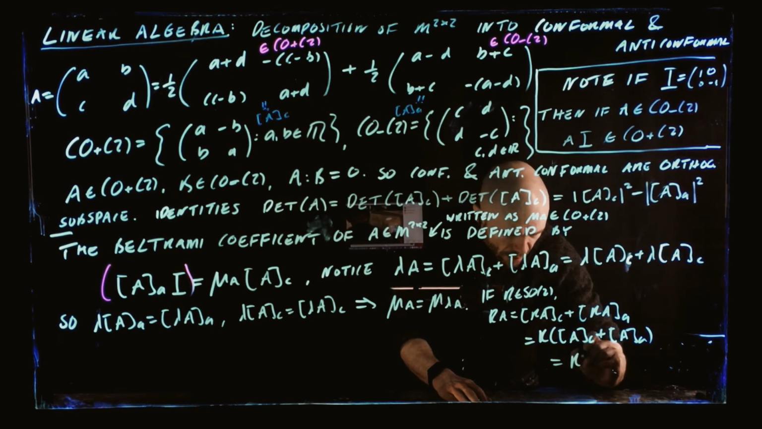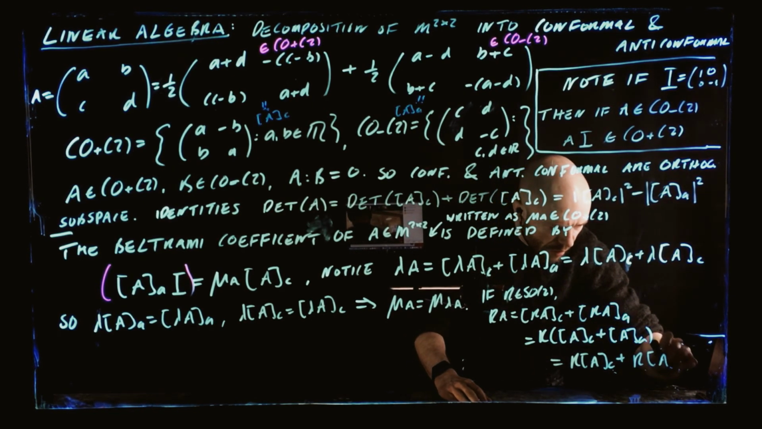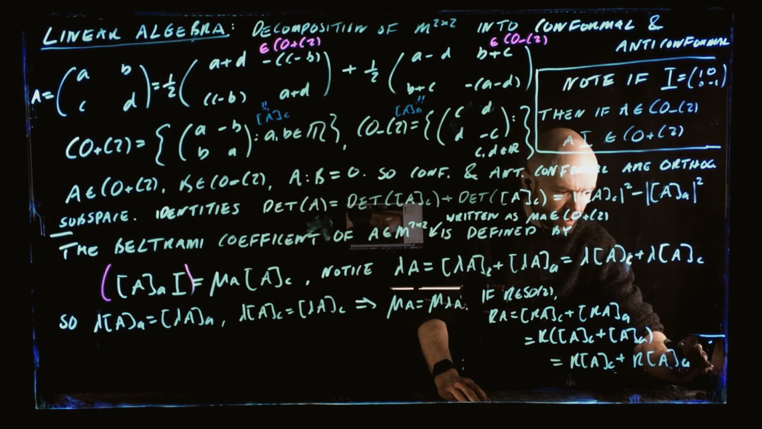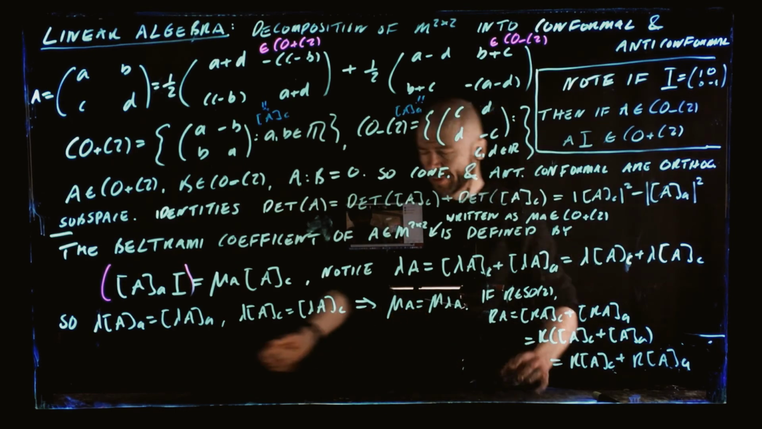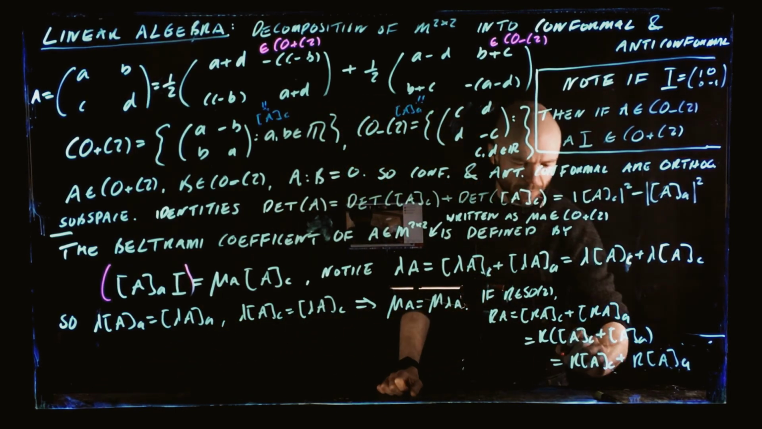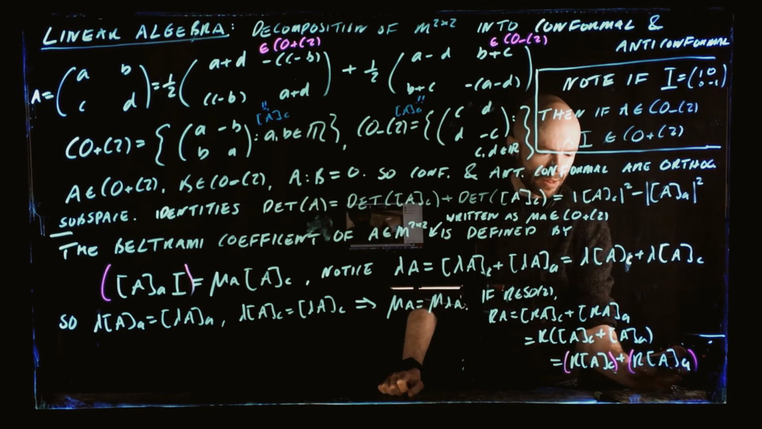This is the same as R of A conformal plus R of A anticonformal. And again, the decomposition is unique. And this thing here, for sure, is a conformal matrix because it's just rotations times a conformal matrix, right? And it's also not hard to see that this is just an anticonformal matrix because this guy,